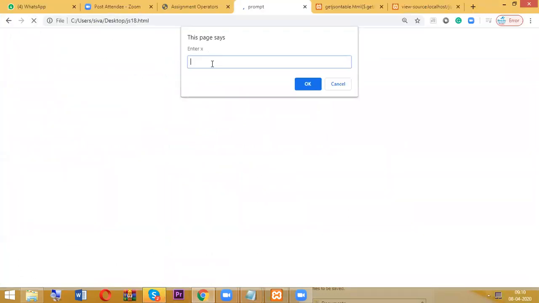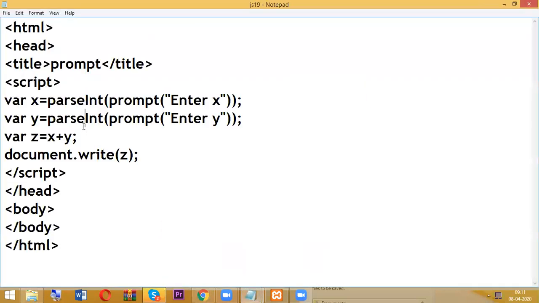I am giving 10.4. If you give 10.4, it will not consider the decimal, it will consider it as 10 only. And the next one, again 10.4, it will consider 10 only. So 10 plus 10, how much? 20. So it is not considering decimal values in case of parseInt.